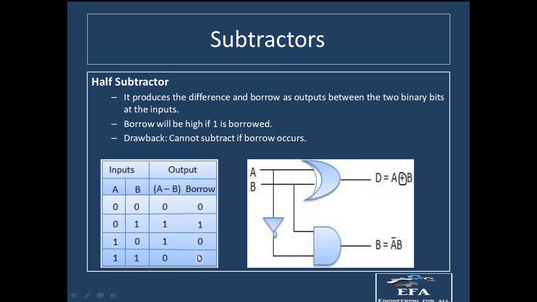Okay, at the borrow part, you can see we have 1 at this position only, so this will be equal to A complement B. All the zeros can be ignored, only 1 has to be taken. So the output at borrow is equal to A complement B. It means we need a complement of A, and that has to be given to the AND gate along with B. So at the end the borrow will be equal to A complement B. So this will be the circuit.